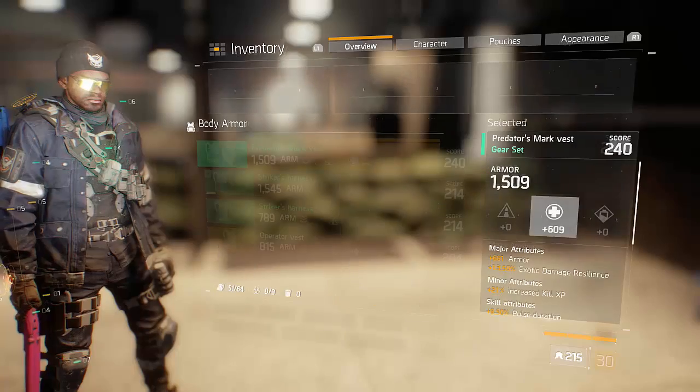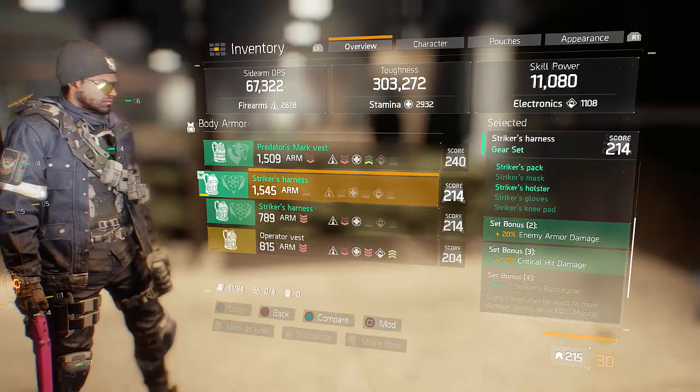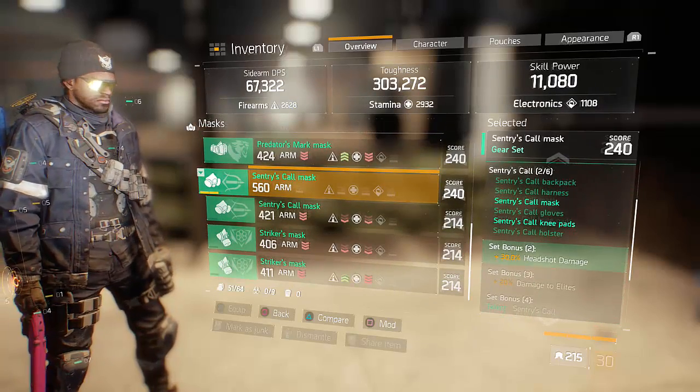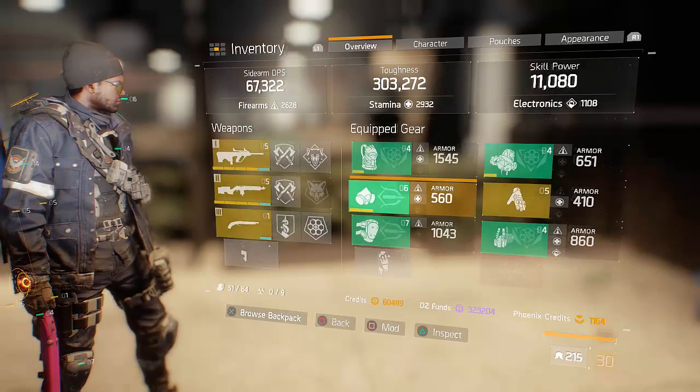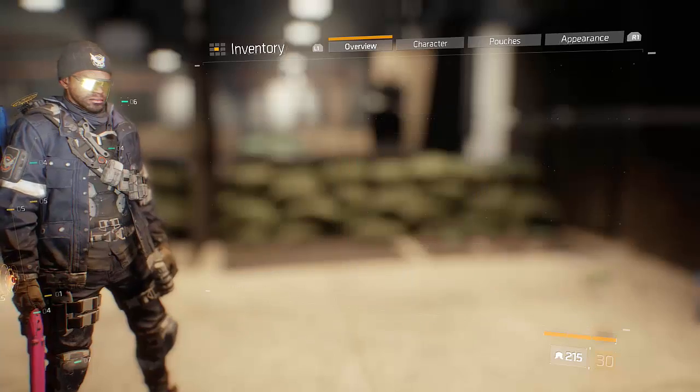The reason you're using 3-set Striker is for 20% enemy armor damage and 50% critical hit damage. And obviously for 2-set Sentry, you get 30% headshot damage. Now if you want to, you can switch out 2-set Sentry for 2-set Final Measure, which gives you a do